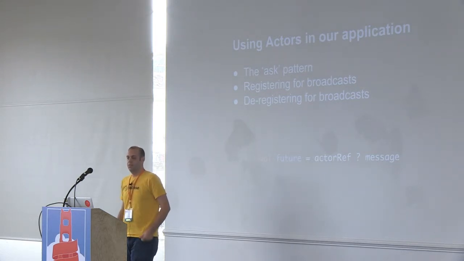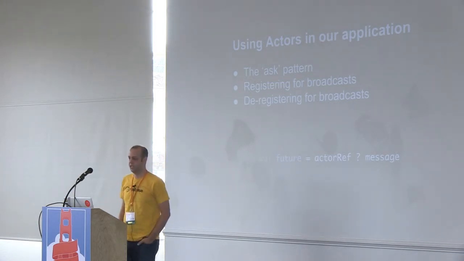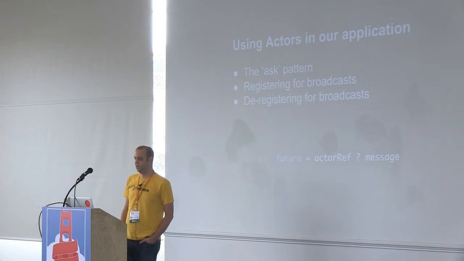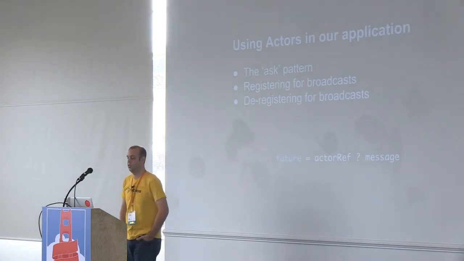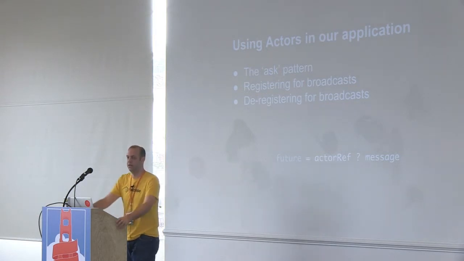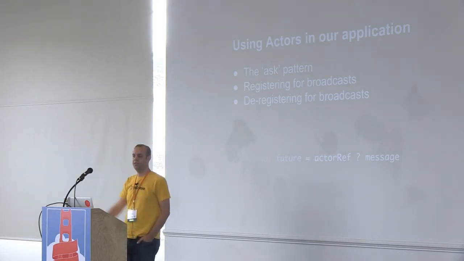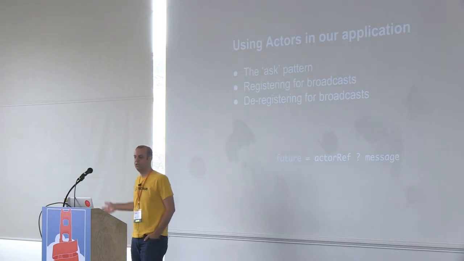And then the last thing that we really need to handle is our persistent connections, the ones that get broadcasts whenever the state changes. So they still need to be registered with our application so that when the state changes, the application knows who needs to get notified. So we're going to send a message in again. This time, we don't need to use the ask pattern. We're not waiting for a response. This is just a one-way message to the application saying, hey, here's a new listener.